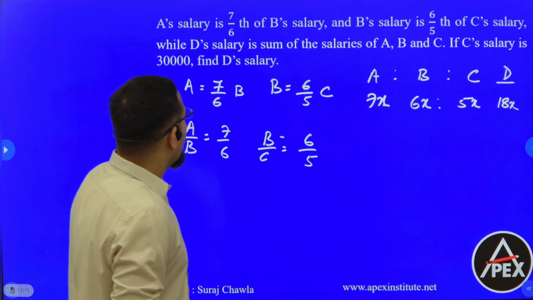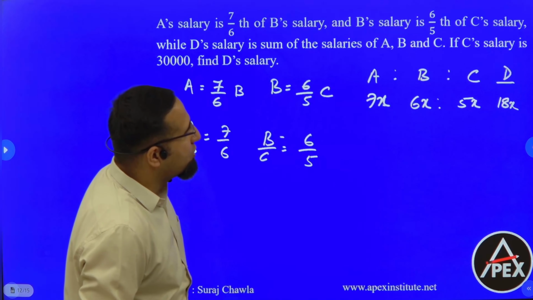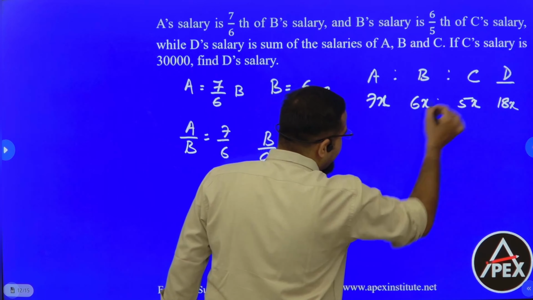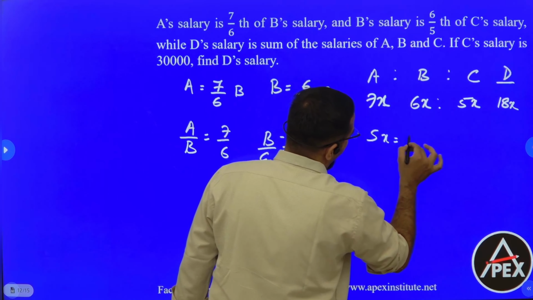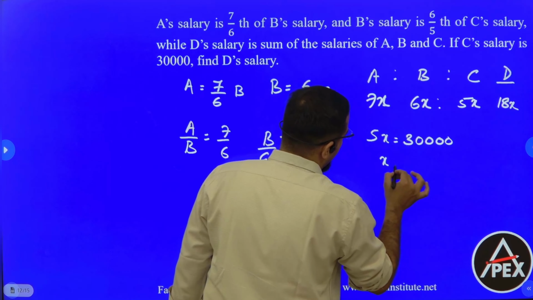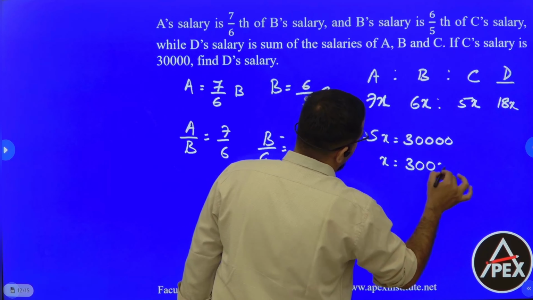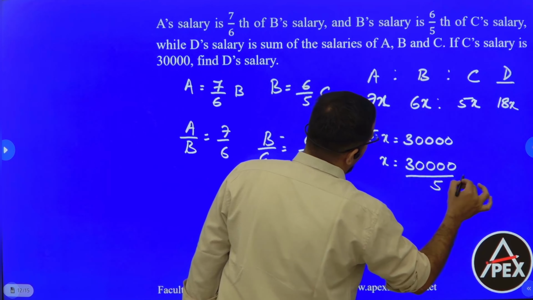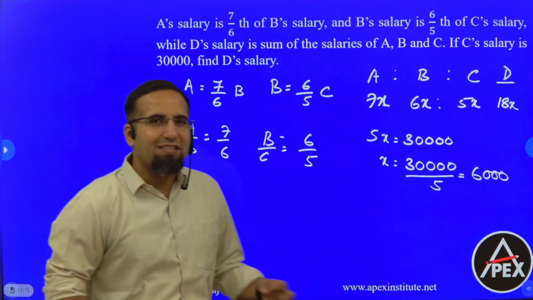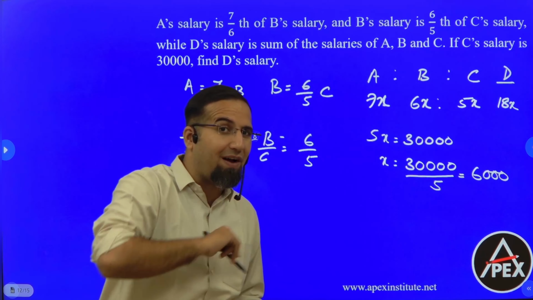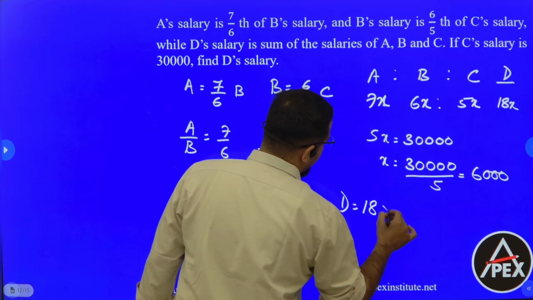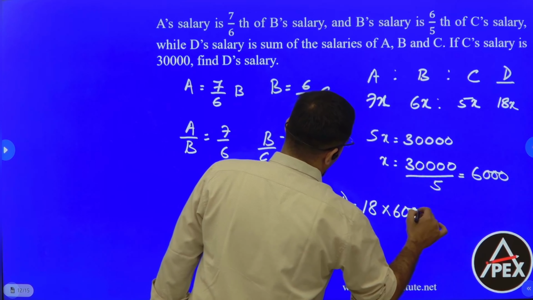Okay. Now the question says if C's salary is equal to 30,000, find the value of D. That's a very easy question. That means if 5x is equal to 30,000, we get the value of x is equal to 30,000 divided by 5, which will be nothing but 6,000. Now if x is equal to 6,000, the question is asking us the value of D. So therefore the value of D would be nothing but 18x, that is 18 into 6,000, and which will give you